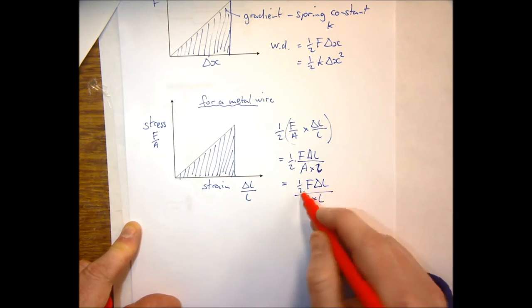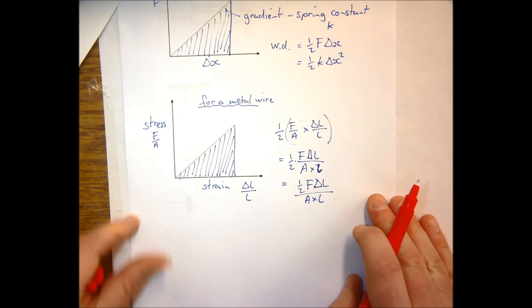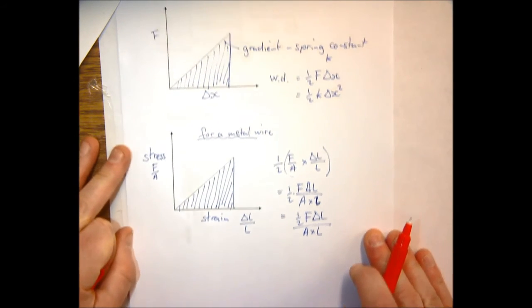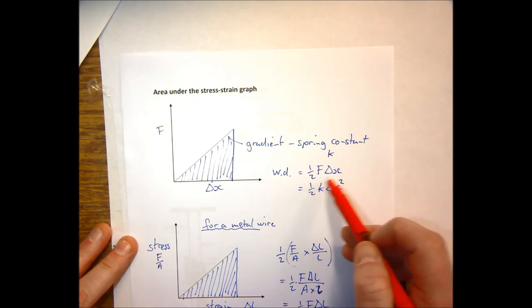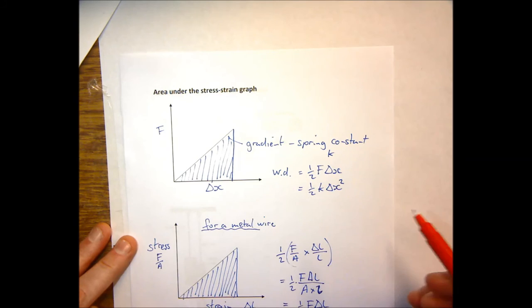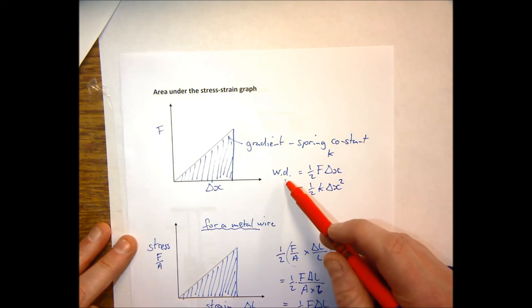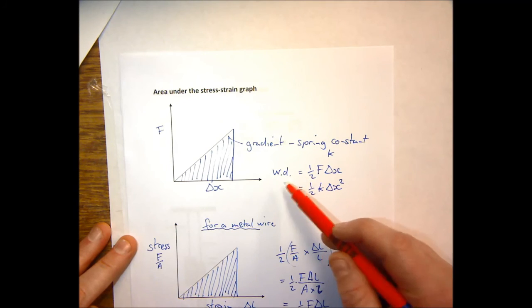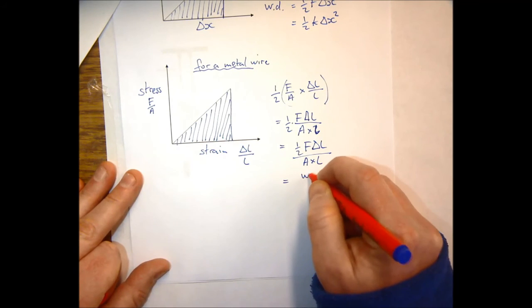Okay, well, if we look at this top thing, which is half force times the change in length, it just looks like what we had for the spring, half force times the change in length, the extension, and we could see that that was the energy stored in the spring. The work done on the spring is the energy stored in the spring. So you can see here that on top we have the work done on the wire,